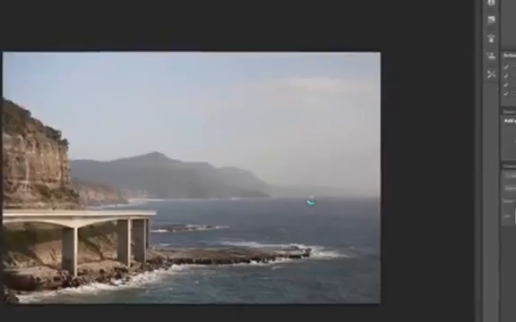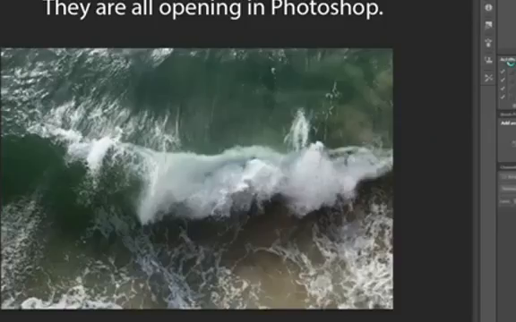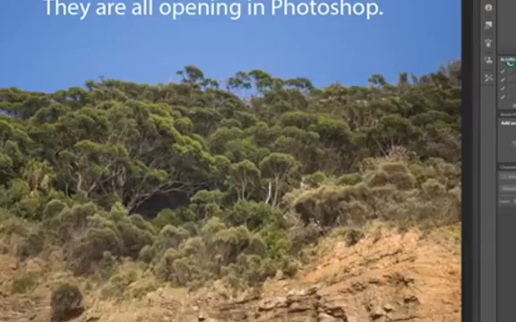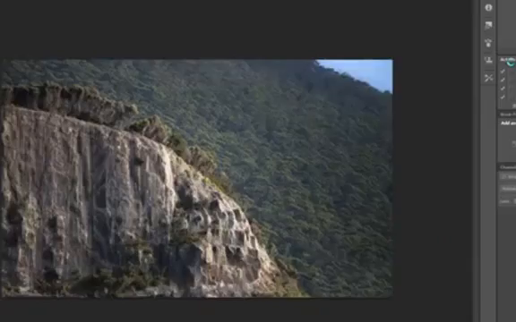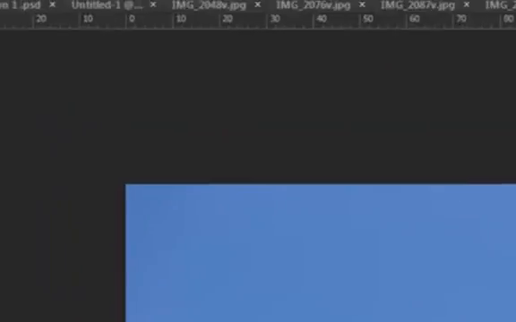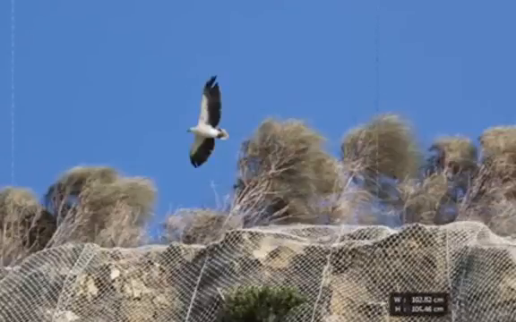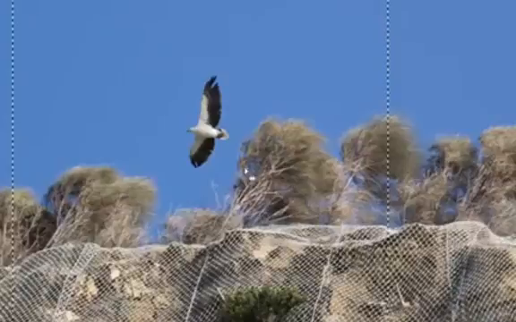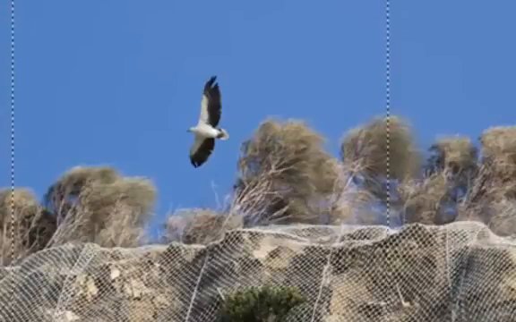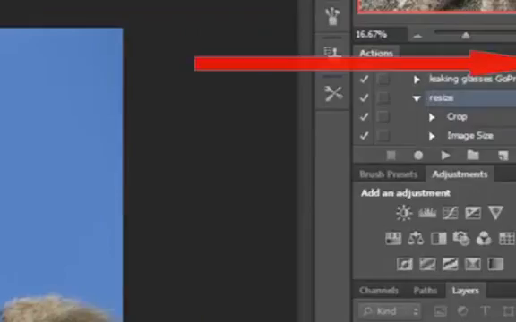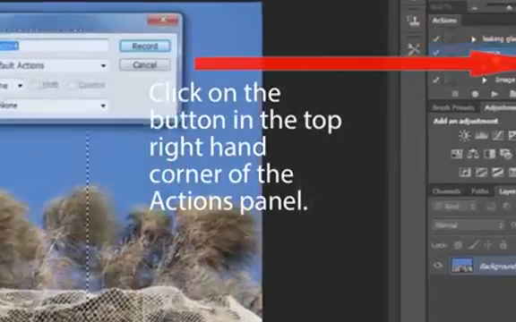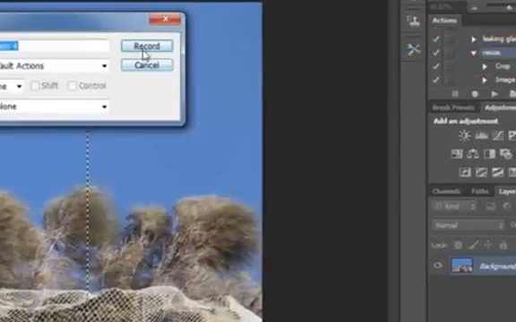We're going to use an action to resize them and make them smaller squares. Okay, so the first thing you do is you take your marquee tool and you roughly draw a square where you would like your final image to be, and then you go into Actions and you create a new action, and we will call it Resize,